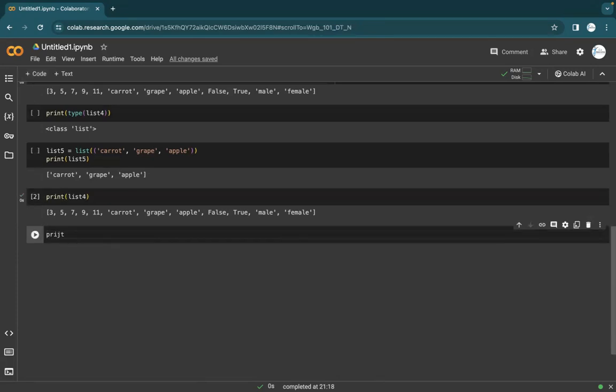It's a print list 2. So now this is list 2. In this list, we have orange, banana, carrot. So you can easily know, if it's a very long list,